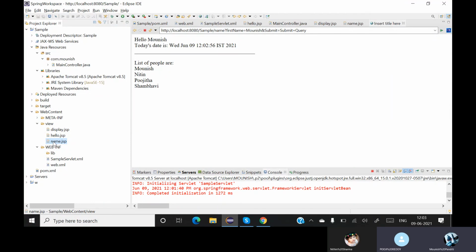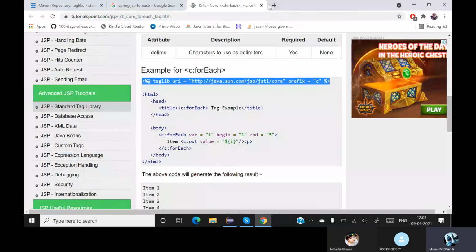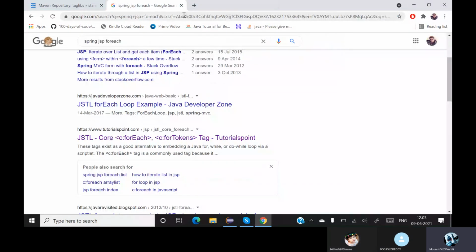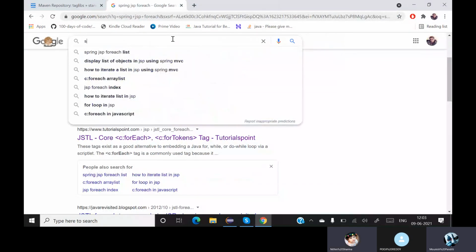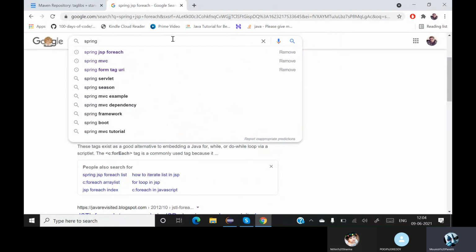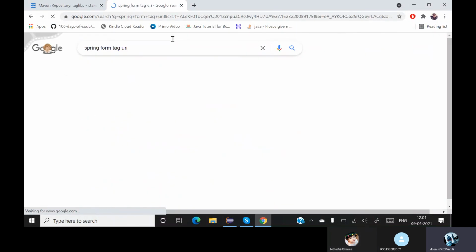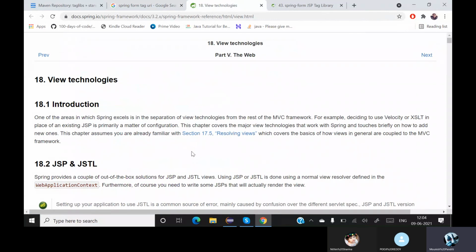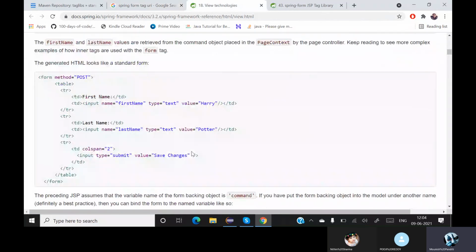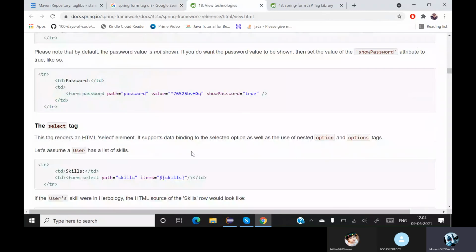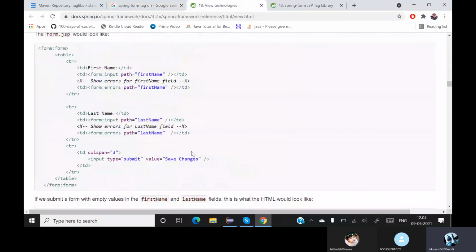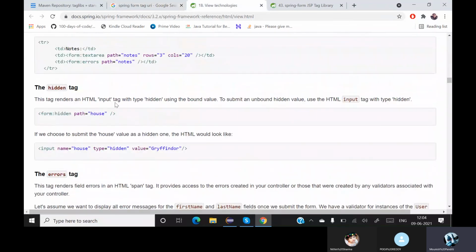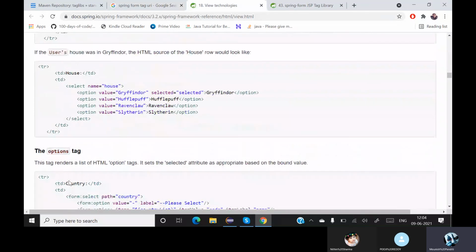Yes. So in the next session, what we will see is how to basically work with Spring Forms. So Spring Form tags. This is the official documentation for Spring Form tags. If you see over here, there are a bunch of documentation. There are different methods, error tags, hidden tags, text area tags.